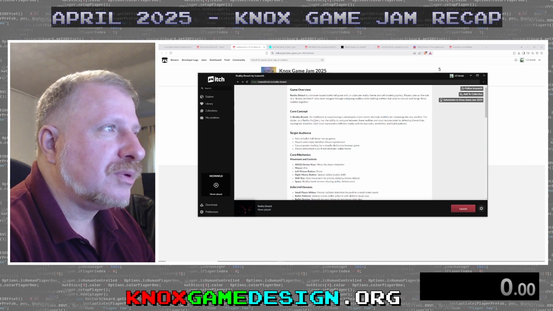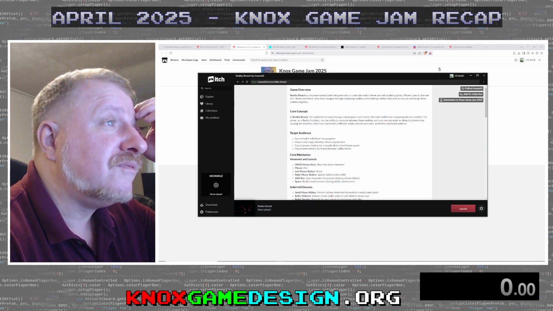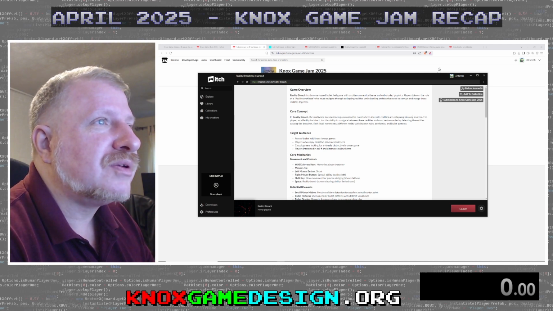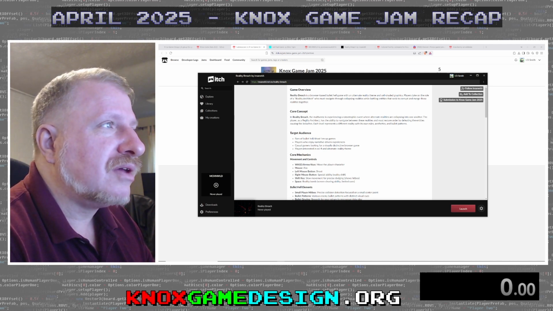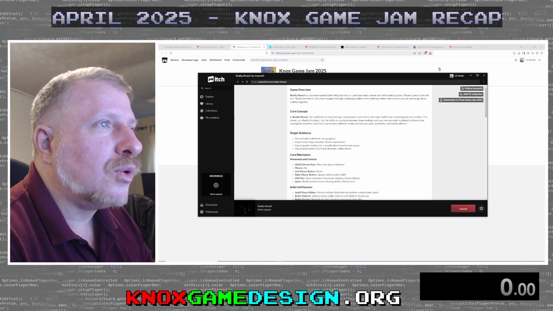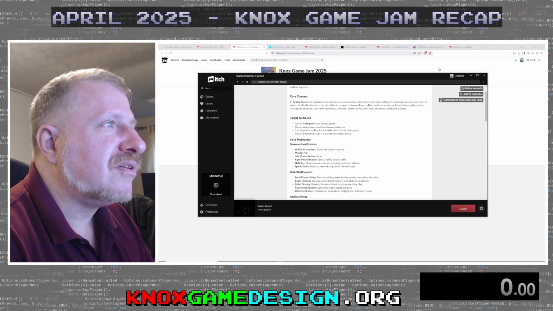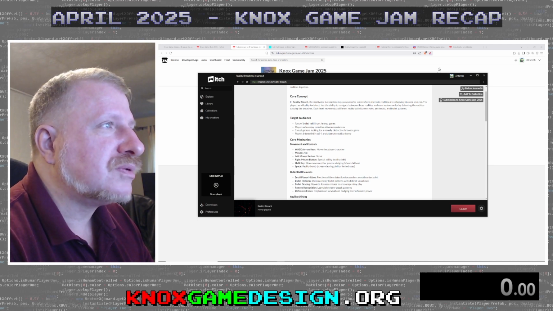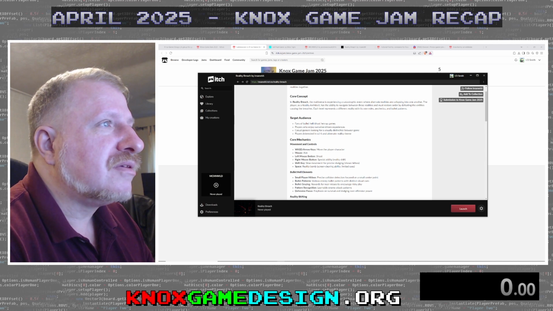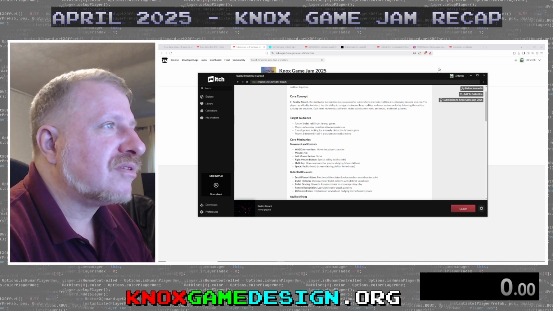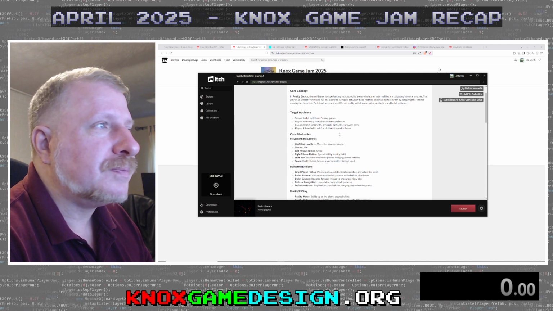Core concept: in Reality Breach, the multiverse experiences a catastrophic event where alternate realities are collapsing into one another. The player, as a reality architect, has the ability to navigate between these realities and must restore order by defeating the entities causing the breaches. Each level represents a different reality with its own rules, aesthetics, and bullet patterns. Target audience: fans of bullet hell shoot 'em up games, players who enjoy narrative-driven experiences, casual gamers looking for a visually distinctive browser game, and players interested in sci-fi and alternate reality themes.